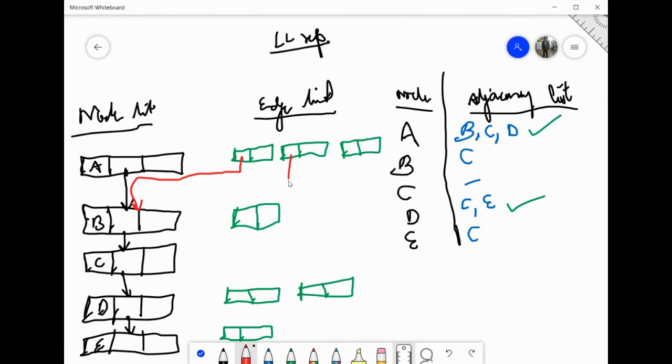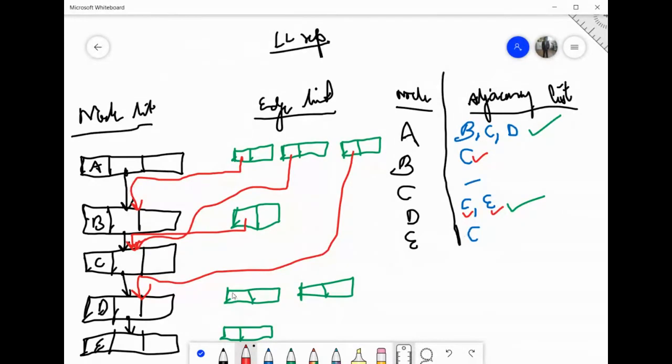This is signifying C. So its destination is C. This is signifying D. So its destination is D. Like this you have to connect. What is the destination of this node? Who is it signifying? C, right? So its destination is also C. This is signifying C. So its destination is also C. Now for D. For D there are two edge lists. Which ones?